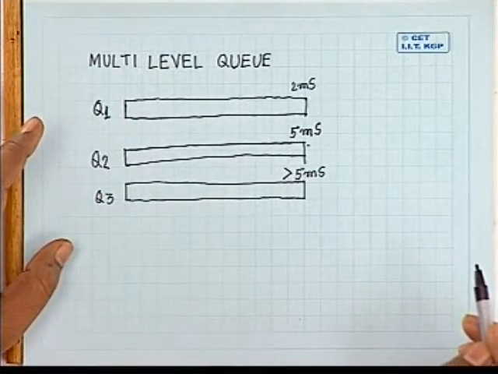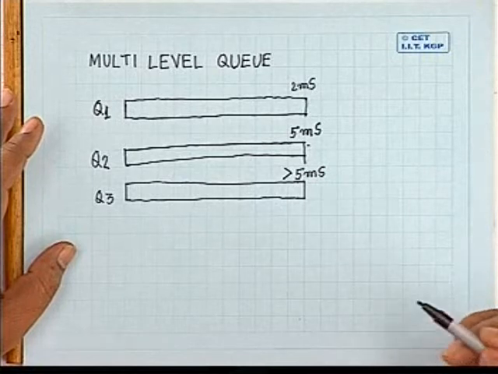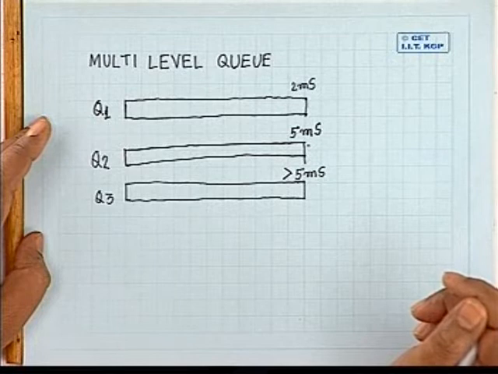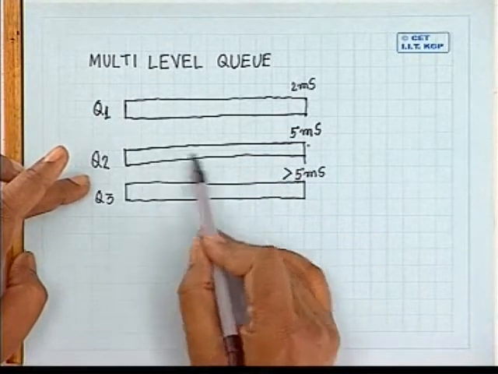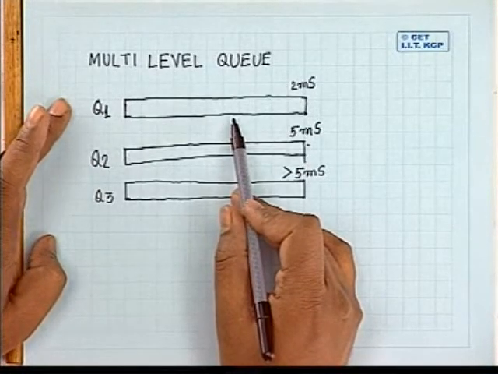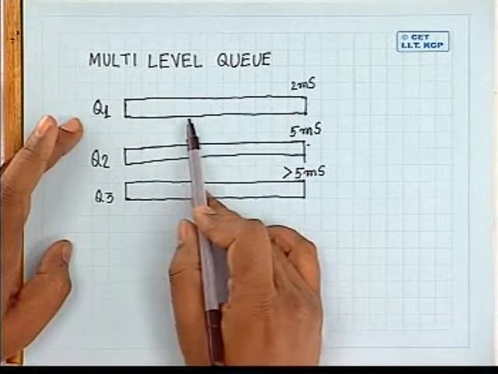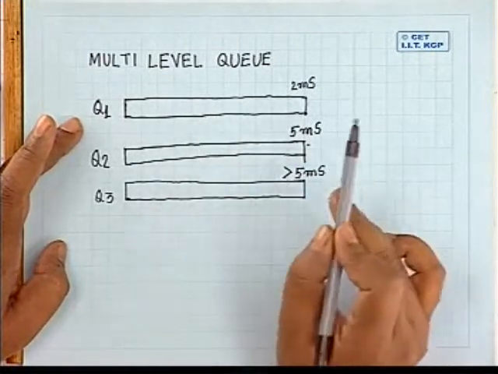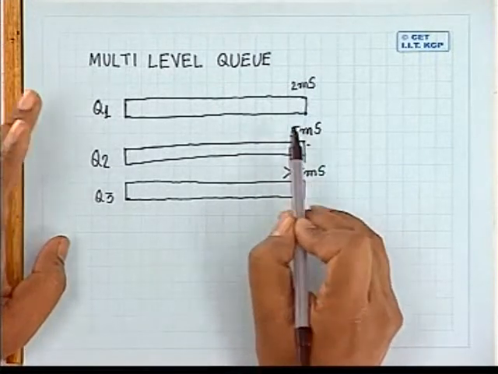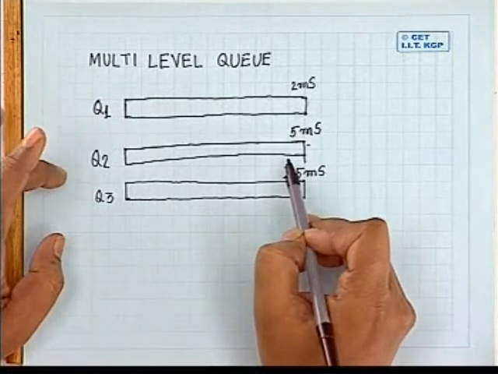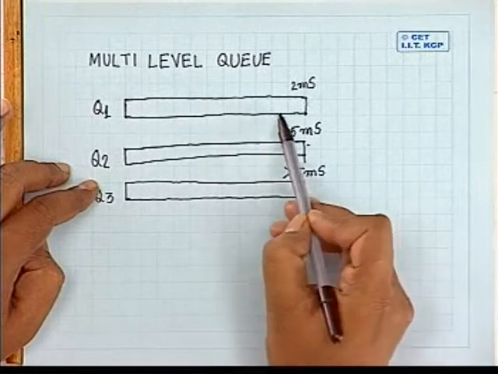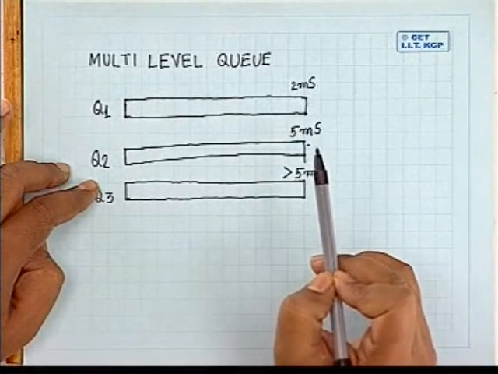Now I can apply round robin scheduling on each of these queues separately. But I will take a job from queue number 2 for execution only when queue number 1 is empty. That means if I have a job in queue number 1, that will be executed first. When all the jobs in queue number 1 are complete, only then I'll take up jobs from queue number 2 for execution. That gives higher preference to the IO bound jobs for execution on the CPU.